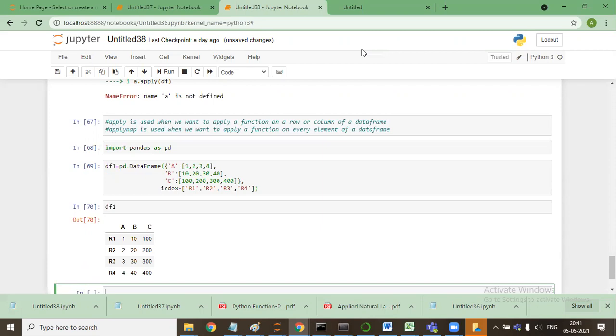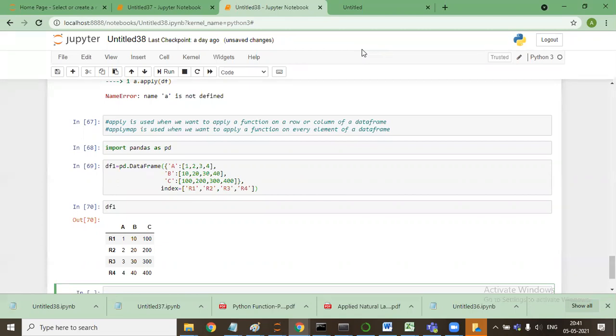Now, as I mentioned to you, apply function is basically used when we want to apply it on a row or a column, and a specific row or a specific column of a data frame is known as a series, the thing that we have seen initially as well. So in other words, apply is used on any of the axes of the data frame or on a series. Would it be the right statement for you guys?